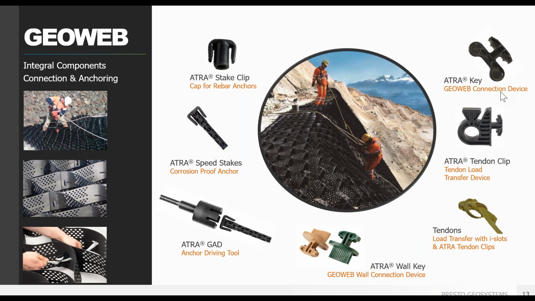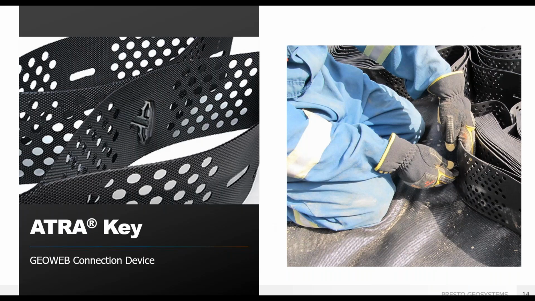That's used on all of our projects, whether it's a load support, slope or channel project, or even our walls. That is the key driver of a successful project. The AtriKey, like I said, connects the panels end to end and side to side. They really do speed up the installation. They're made from 100% plastic, so they'll last a lifetime with the project. They really do ensure that the panels will not separate and not fail under anticipated loads. So it really does make sure that it holds up over time.